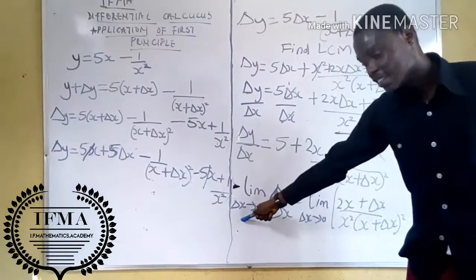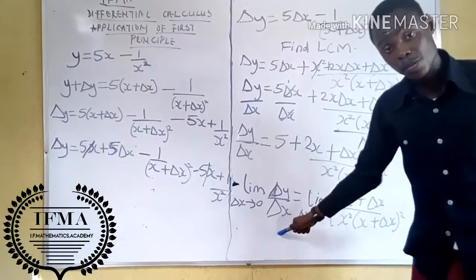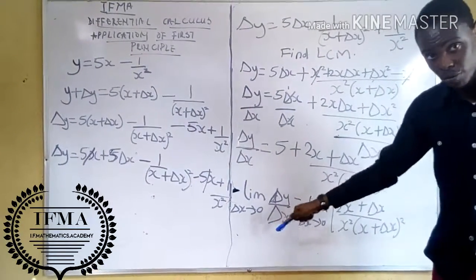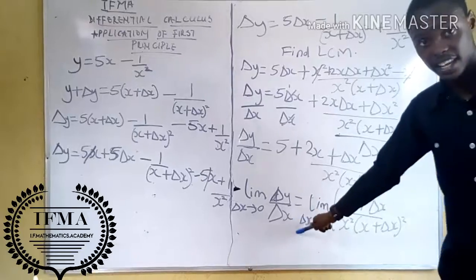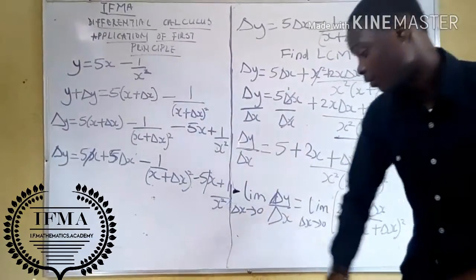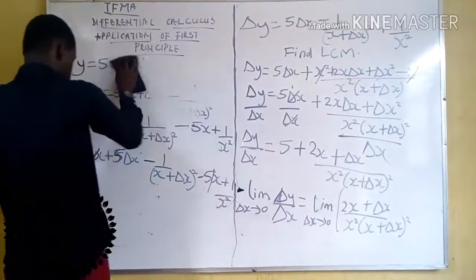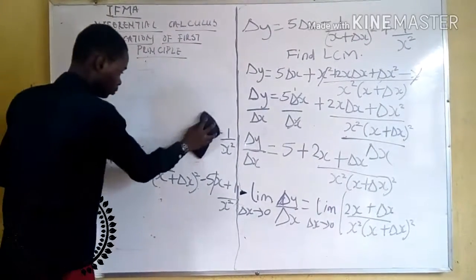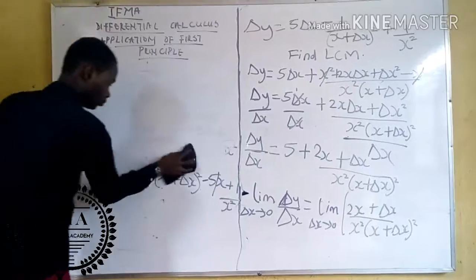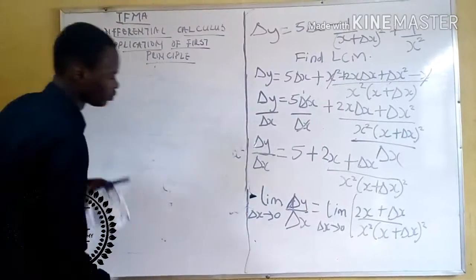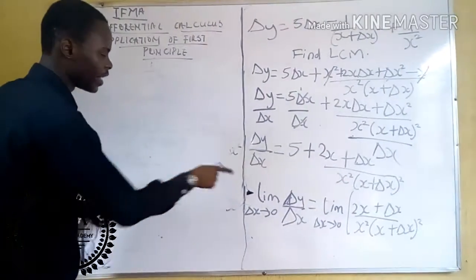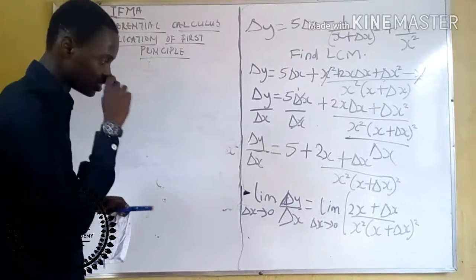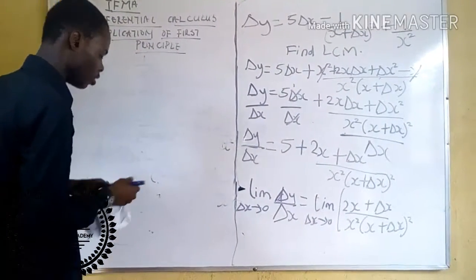This means as the change in x tends towards 0. So there's a point where change in x is going to meet 0. So when that happens, change in x becomes 0. So therefore we have change in x equals 0, which is also